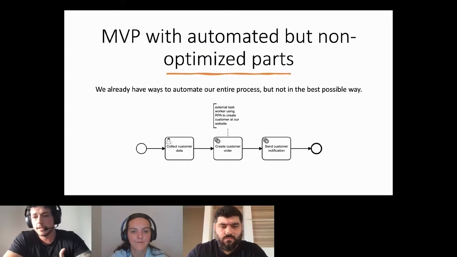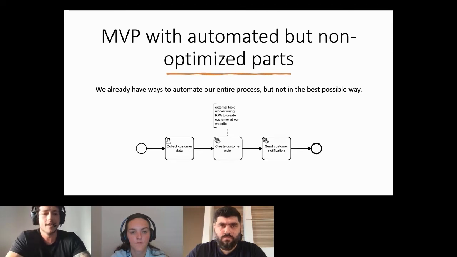The other type of MVP we use a lot is an MVP with automated but non-optimized parts. So we already have ways to automate our entire process, but not in the best possible way. I can remember many products that we started at Agi years ago where we didn't have the microservices, the REST APIs to do something in our process.